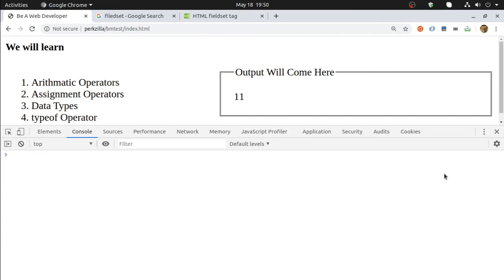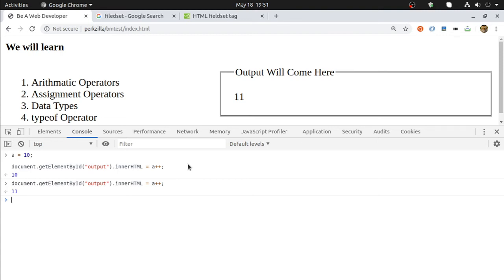Take a look at another example. a is equal to 10 and a plus plus, I am copying this line. Okay, a plus plus, the value is 10. I am copying it again. What should be the output? Output is 11 this time, because a's value was already 11.